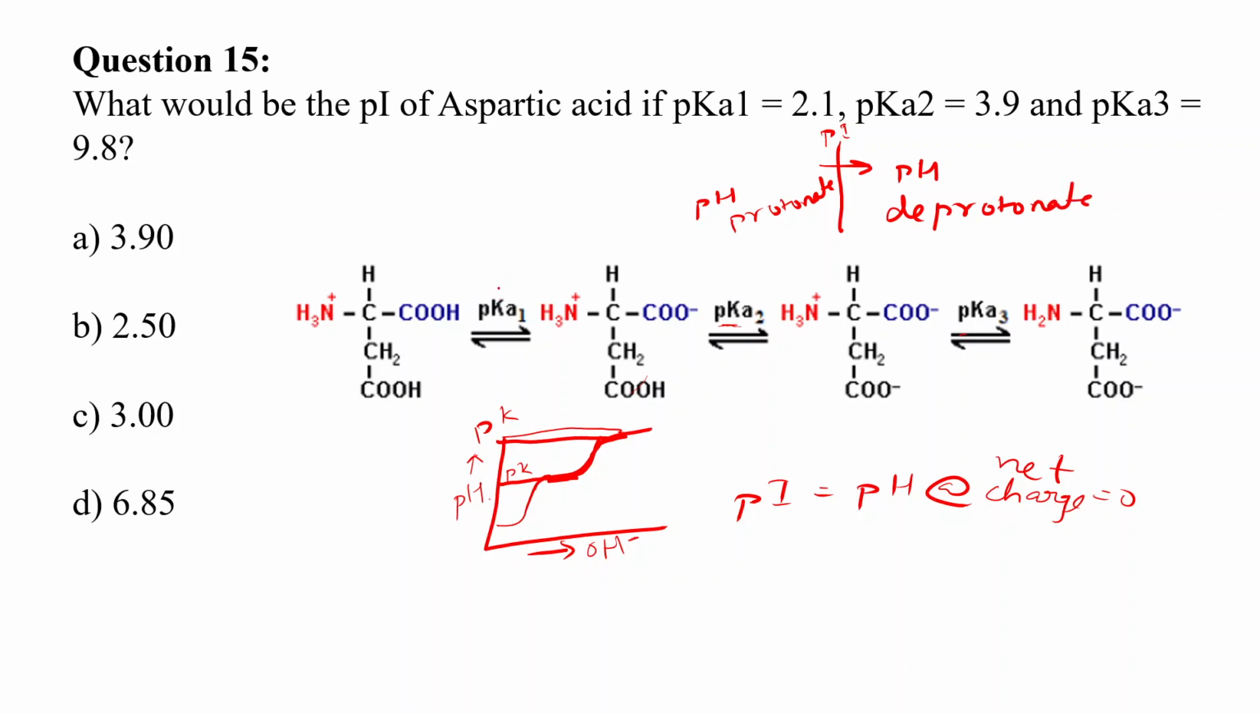So when we cross pK1, the pK1 value is for this group, so this group will get deprotonated. Then when we cross pK2, when we cross this wall, the second group will get deprotonated, because pK2 is basically the value for this proton. Then when we cross pK3, pK3 is basically the value for this proton. So when this pK is crossed, this group will get deprotonated. Okay,